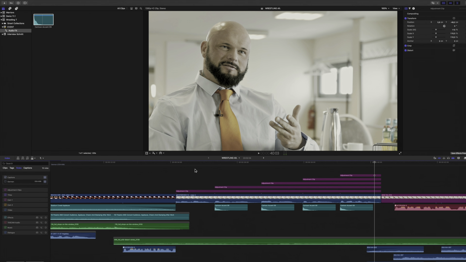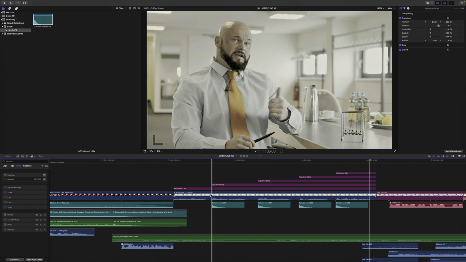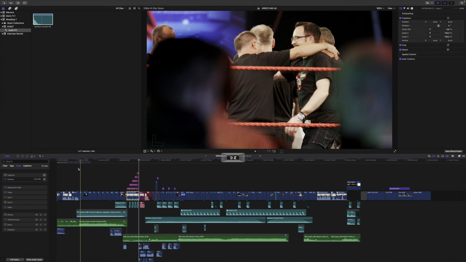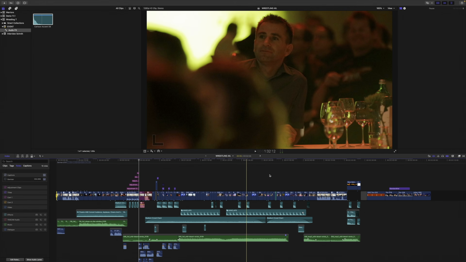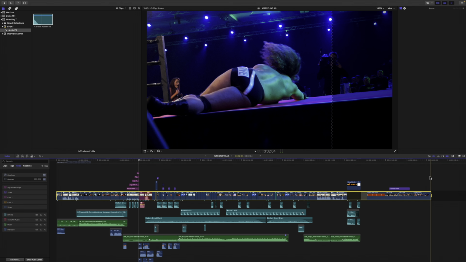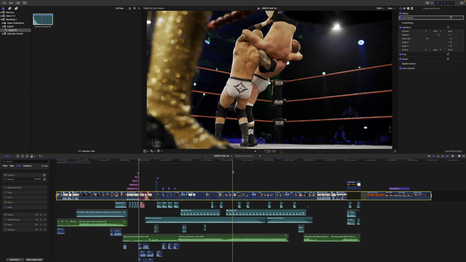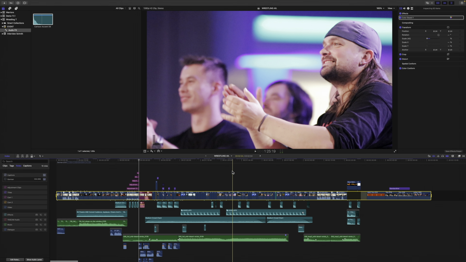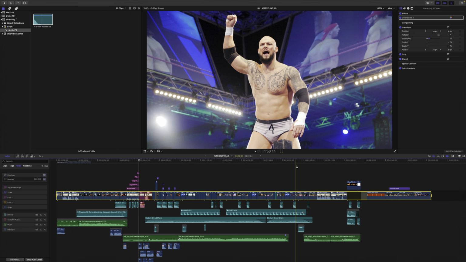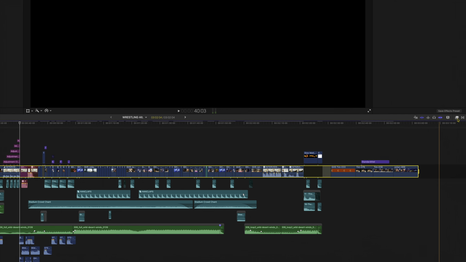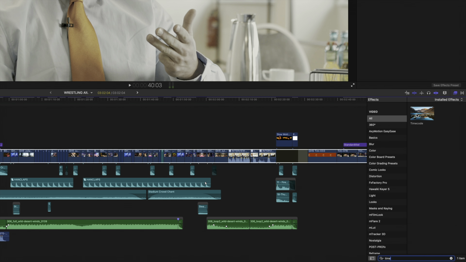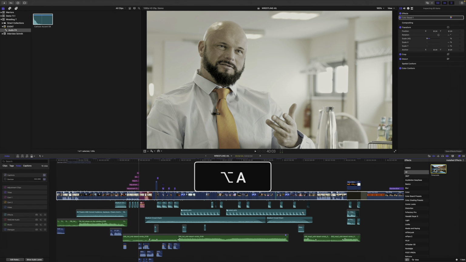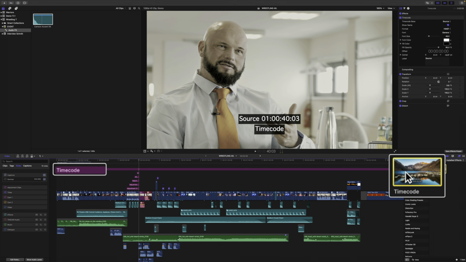Cool. Now, last but not least, I want to add a last adjustment clip, but this time across the entire project that has the timecode effect applied to it. First, I'll mark a clip range with I and O to mark the duration I'd like for the adjustment clip, but this time I'll use a little-known trick. Because if you first select any effect in the effects browser and then press Option A, then the adjustment clip is created, the effect is applied to the adjustment clip, and the adjustment clip is named after the effect that